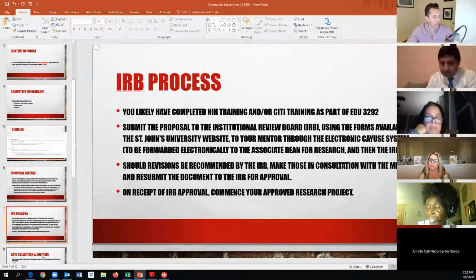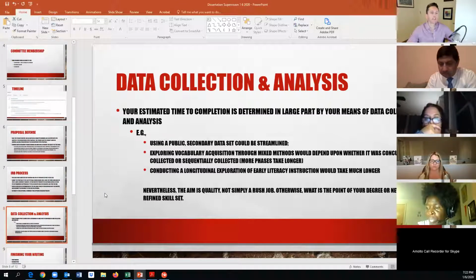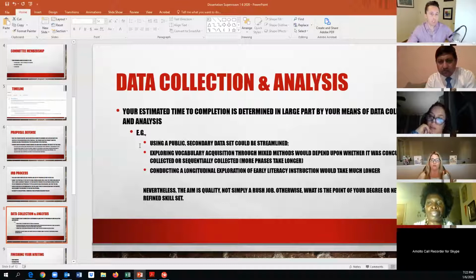Let's go to the next slide on data collection and analysis. So a lot of people were emailing other faculty members as well as myself talking about, you know, timeline-wise, when can I expect to graduate or finish the project and so on. I just wanted to give you a couple of examples of what it could look like, because it's going to vary greatly with respect to the type of project that you use and the type of data that you have to collect. Keeping in mind that the summer is coming up for many students.